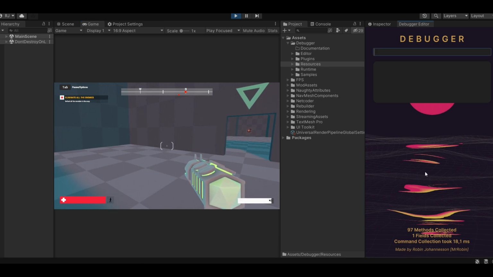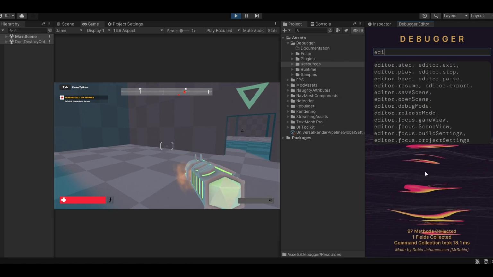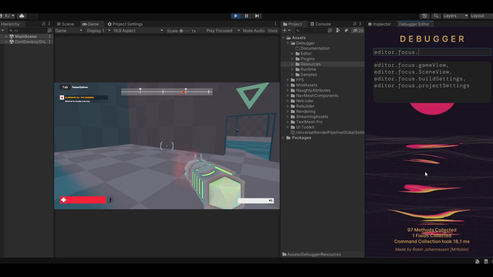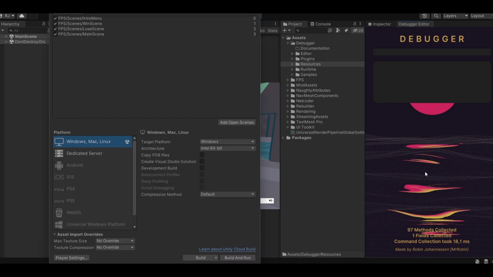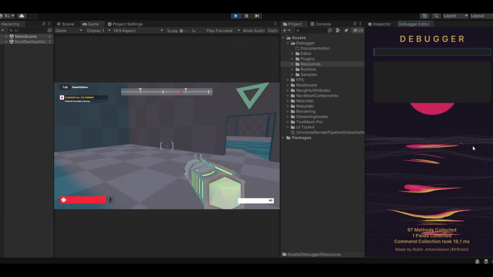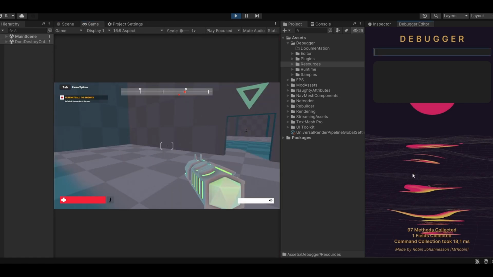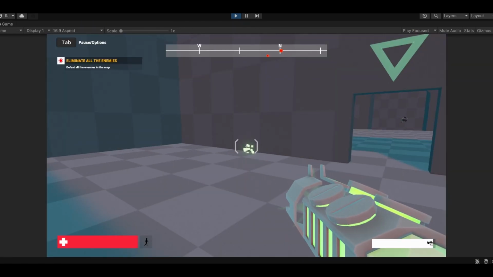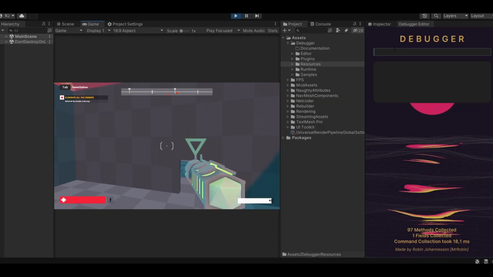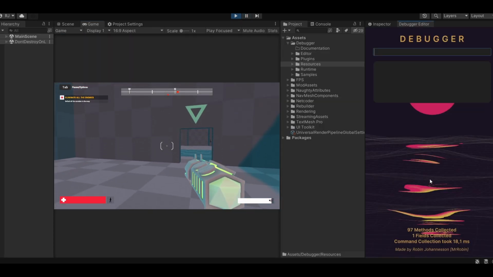One thing also, which is, I don't know how handy that is, we can also focus on stuff. So we can do game view, scene view, build settings. So if you do build settings, you can get that. Or editor focus scene view. We can do that if we want to. We can also do a full screen. So that's quite handy. So there's a lot of stuff, but also a lot of stuff that isn't necessarily integrated with Unity, but